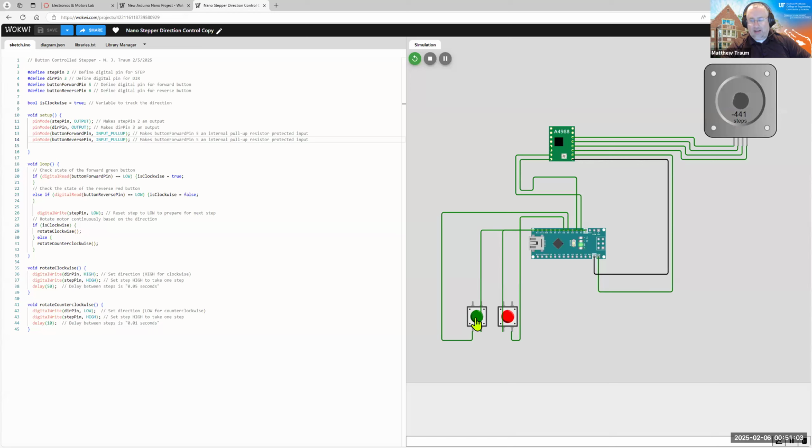So I can go back and I can click the green button, and you can see now it's slow turning clockwise. And I can click the red button and it's faster turning counterclockwise. And that's essentially all this code does: it controls the stepper motor using these buttons to determine a direction and a speed. And that's really all I want you guys to do, just to put something together that's very simple to just illustrate that